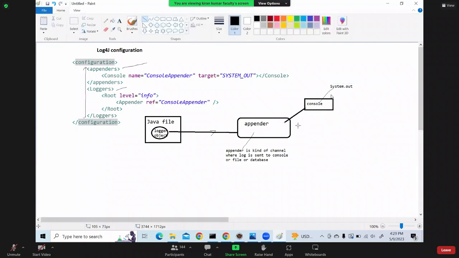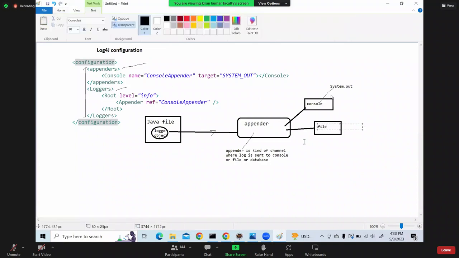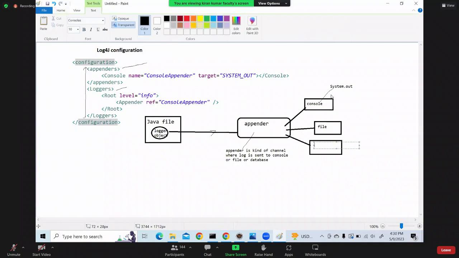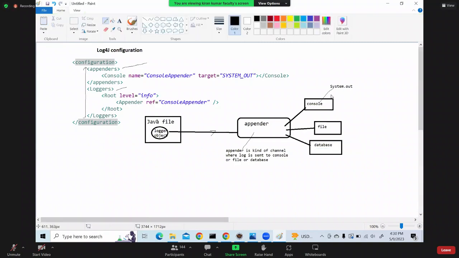Next, you can also send this to a file, where you can write the logs to a file. You can also send this to a database, where you can send the logs to a database. That means whatever the Java file sends the logs,